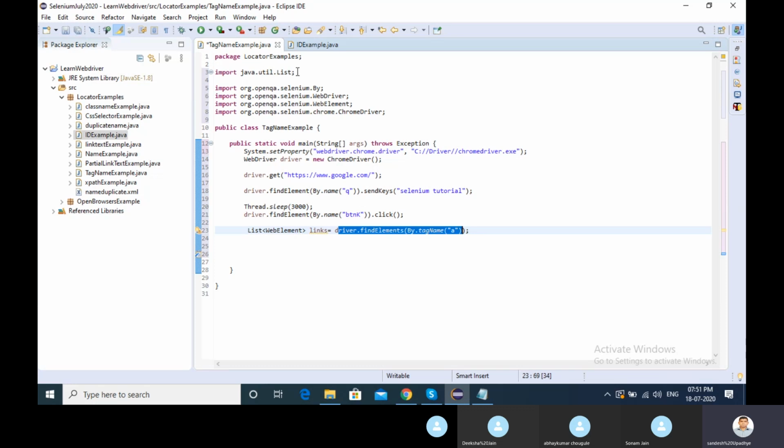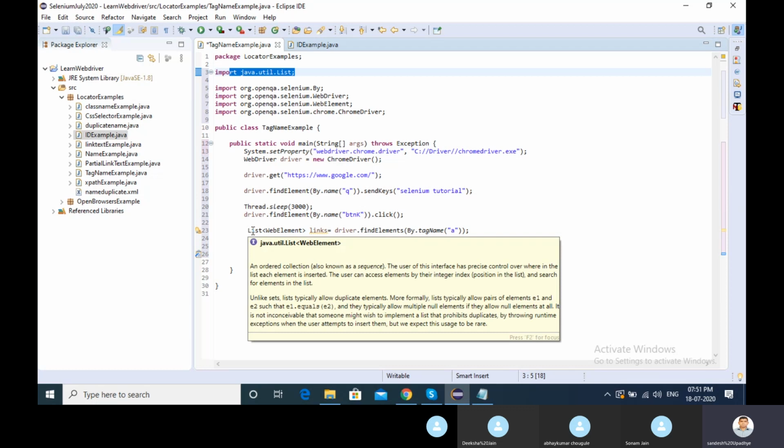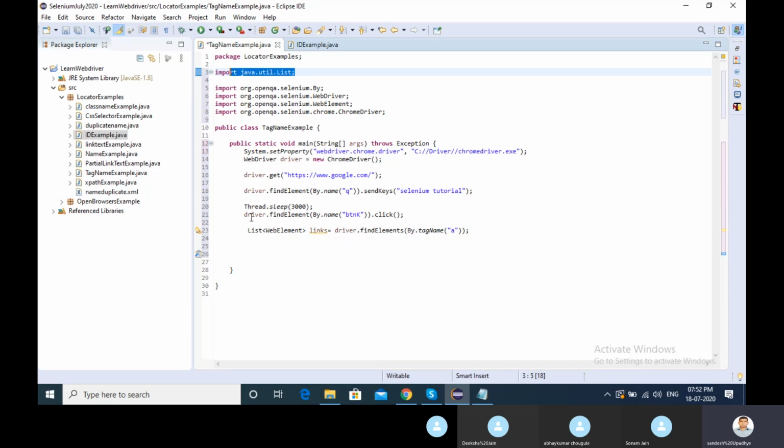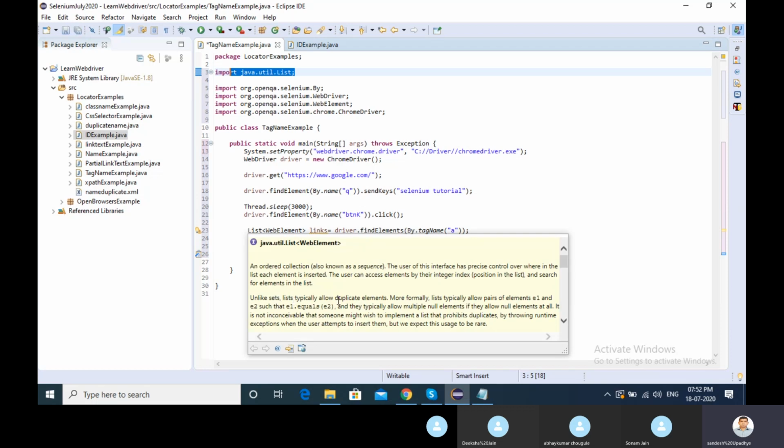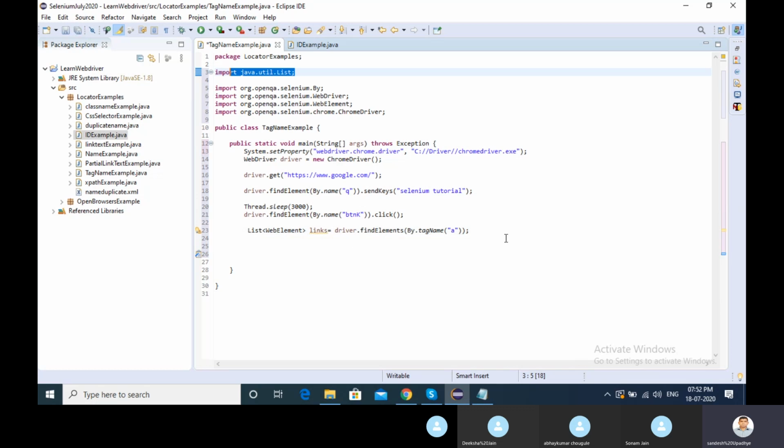You want to choose java.util.List only. If I mouse over here, you will see that unlike sets, lists typically allow duplicate elements. As of now forget this, but it is finding a list. So I'm getting one list itself.